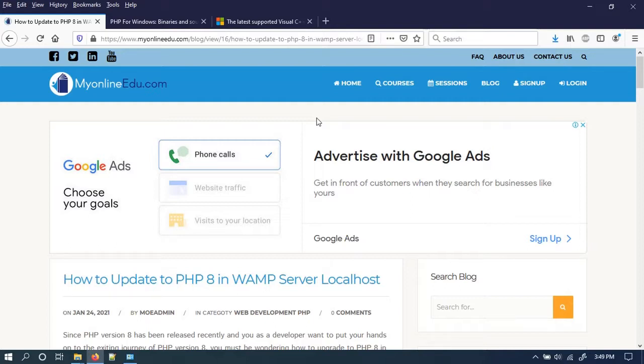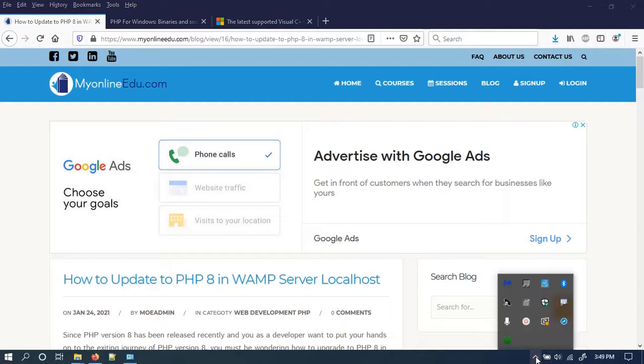So let's say that you have a WAMP server installed and you want to use multiple PHP versions, starting from PHP 5, 7, as well as the new exciting PHP 8. And as a PHP lover, I'm sure that you want to try your hand on PHP 8. You can start your development, or for learning purposes you will actually be using PHP 8, but how to include the PHP 8 version into your installed WAMP server, that is the motto of this video.